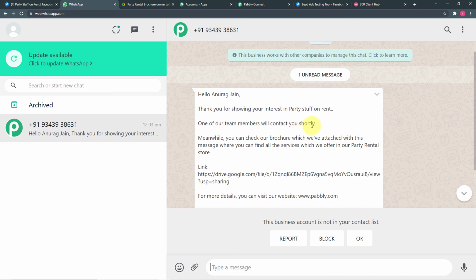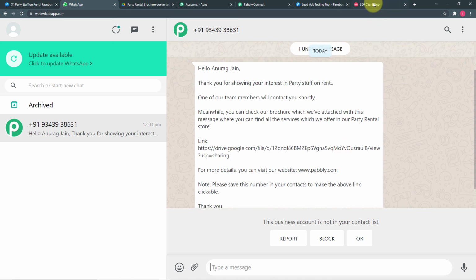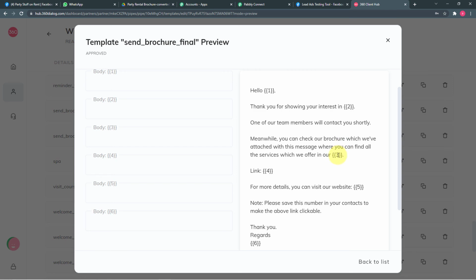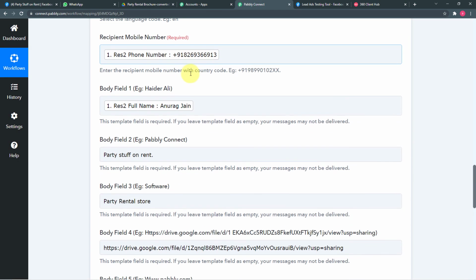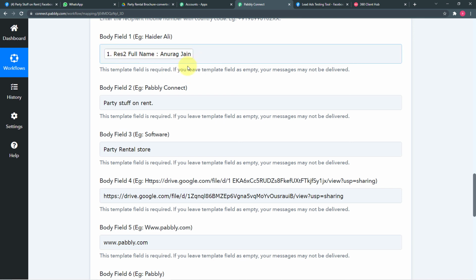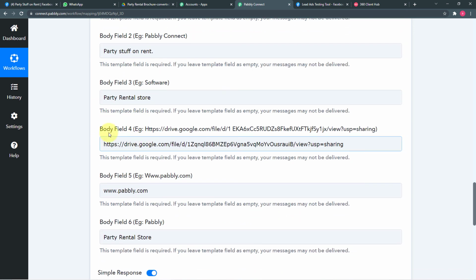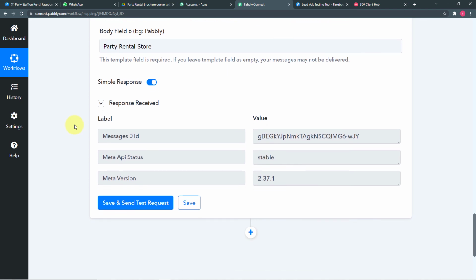One of our team members will contact you shortly. Meanwhile, you can check our brochure. And here you can see in place of these body fields, we have this data which we have entered here in these body fields option here in Pabbly Connect, right? So our connection with WhatsApp is working fine.